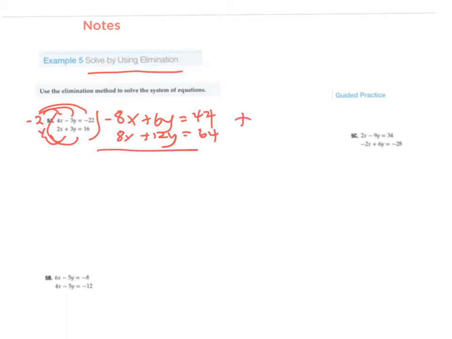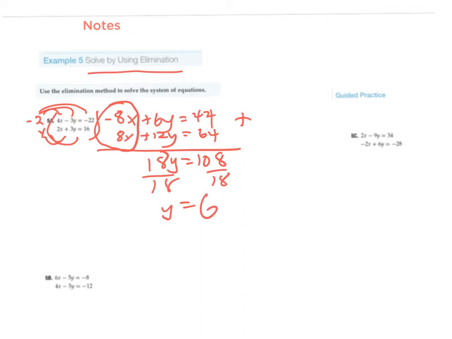So I'm going to add. By doing that, these two will always cancel out because they're opposite signs. So it's always going to go to 0. So I'm just going to add the y's, which will be 18y. And when I add, I'm going to get 108. So then I'm going to divide. To get my final answer, I divide by 18. Divide by 18. So y equals